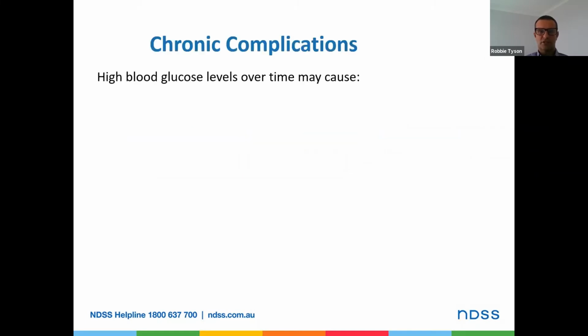We'll briefly have a look at some of the complications. These result not initially, but over time with elevated blood glucose levels. Cardiovascular disease: we've already said that glucose in the blood tends to damage the inside of the blood vessels, such as the capillaries in the eyes, kidneys and feet. However, the same thing happens in the larger vessels. The excess glucose tends to damage the inside of the wall and can lead to plaque buildup and increase the risk of cardiovascular disease.